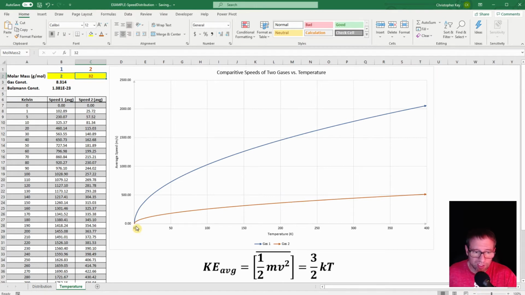Now, of course, as we increase our temperature, our velocity is increasing for both of the gases, but the one with a smaller molar mass is always going to be moving at a faster average speed than the higher molar mass. And just keep in mind that these are averages, so at each individual point, even though the average for one may be higher than the average for the other, they're made up of particles that are all moving at different speeds. I'm going to illustrate that, so hopefully we can better understand what we're talking about here.